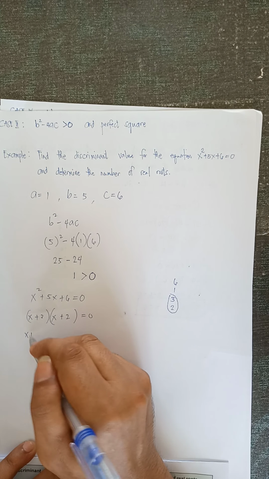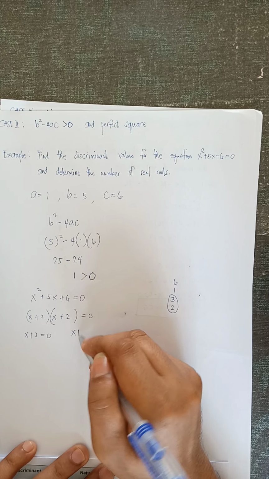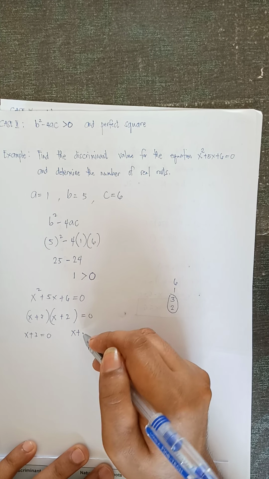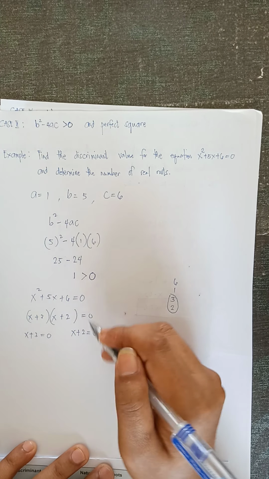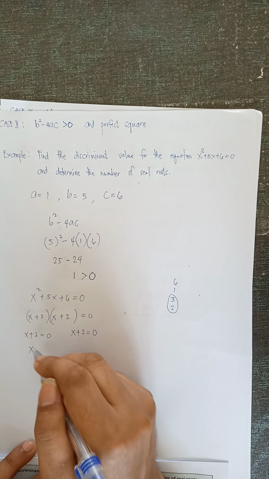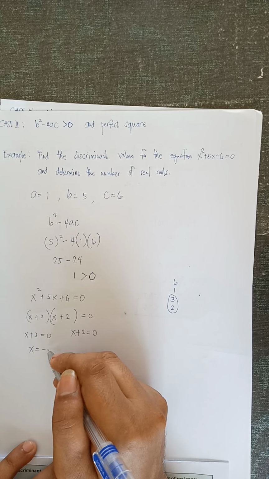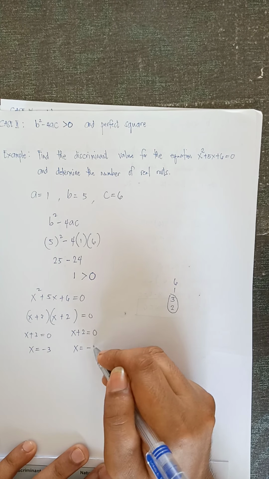So we have x plus 3 equated to 0. At the same time, x plus 2 we equate to 0. So to get the value of x, we have x is negative 3 and also x is equal to